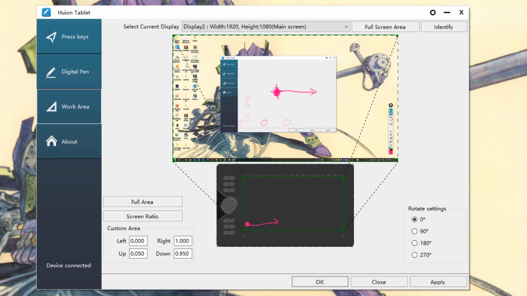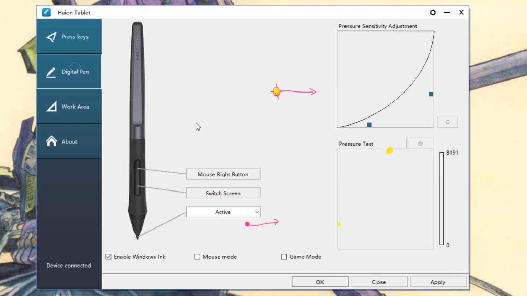Now I will try to explain the second, which is the not mouse mode, with the yellow one. So if the cursor is in the middle, and then we put our pen in the right down of the tablet, the cursor will immediately go to this one. So that's if the mouse mode is unchecked. I think it's quite easy to understand.